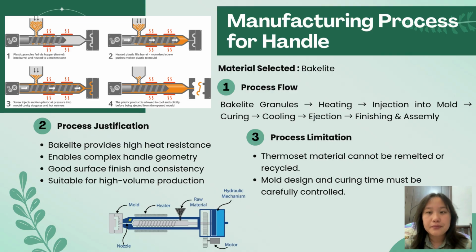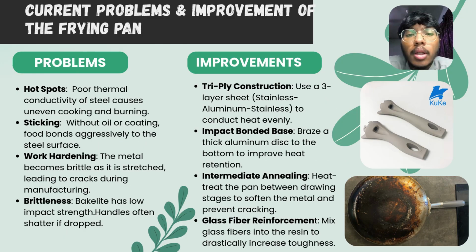My name is Sharin Kumar and I'll be talking about the current problems and improvements of the frying pan. So our first problem is hot spots, where the poor thermal conductivity of steel causes uneven cooking and burning. The next is sticking, which means that without oil or coating, food bonds aggressively